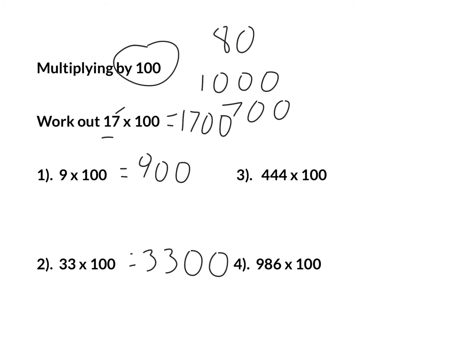Now, already you may have noticed a connection. Okay, so you're multiplying by 100. Look at the 9. It has now become 900. So instead of when we were multiplying by 10, there was a 0 added towards the end, this time there are 2 zeros, okay? And again, 2 zeros on the end because the number has been made 100 times bigger. Okay, so I'm sure you'll guess what's going to happen to 444. It is going to become